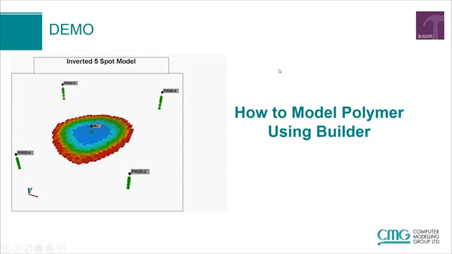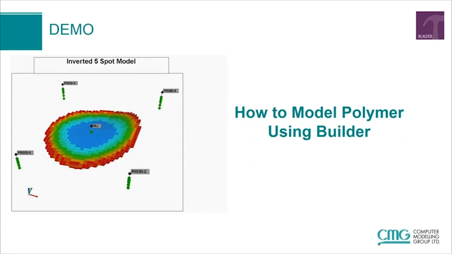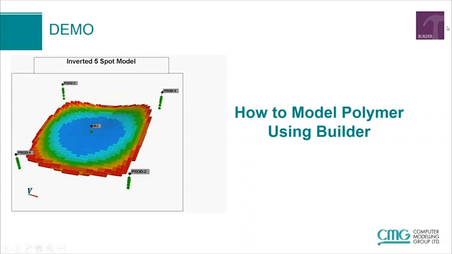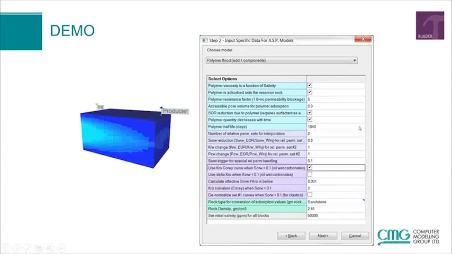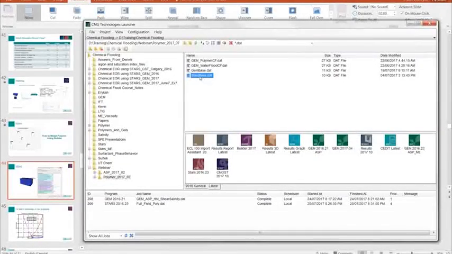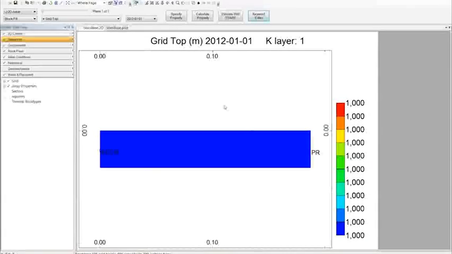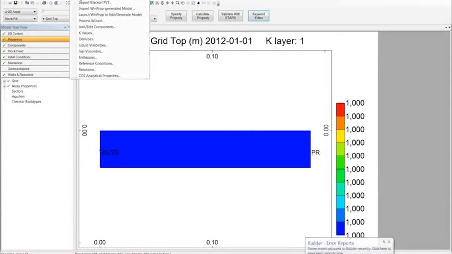Now I'll do a quick demo on how to model polymer using Builder. And we're going to use our process wizard, just the panel showing here. So I'll switch to Launcher now, and like I said before, both GEM and STARS have very similar features. So when you use the wizard, it'll look very similar. So I'll just use a STARS based data set and start Builder. And I'll start the process wizard here